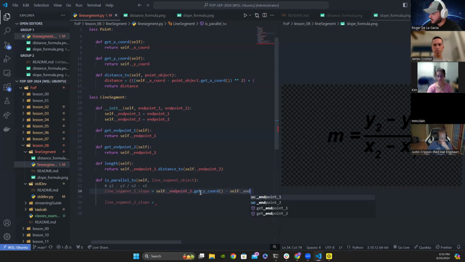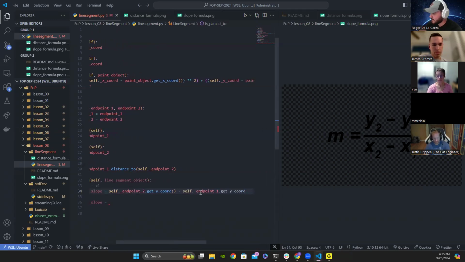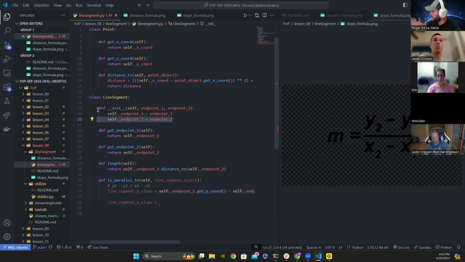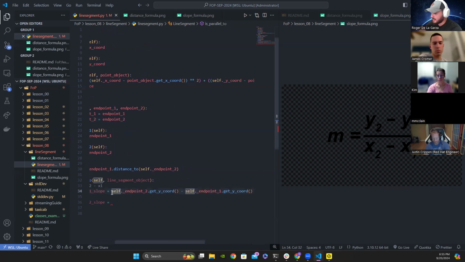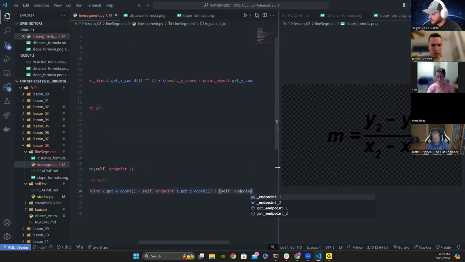So self._endpoint1 dot get y coordinate, right? This is the y coordinate for both endpoint 1 and endpoint 2 of the initial line segment that's calling this. It subtracts it. Let's put these in parentheses. And then we have to divide this by the x2 and x1, right? So this should be self._endpoint2 dot get x